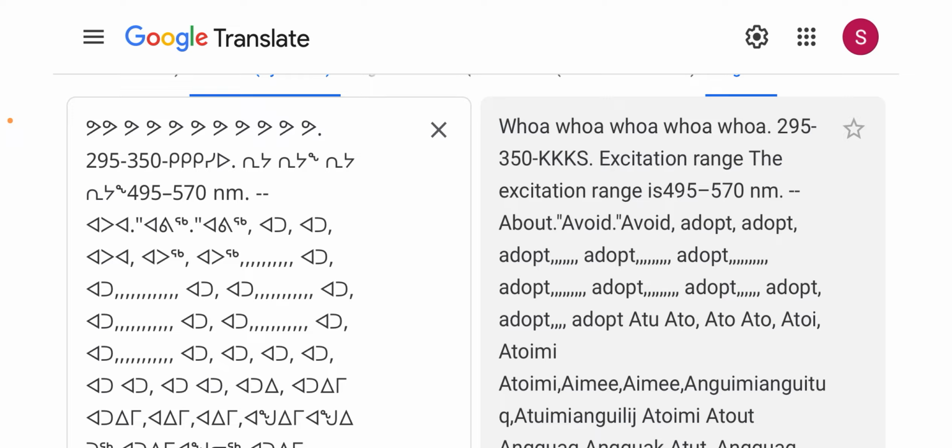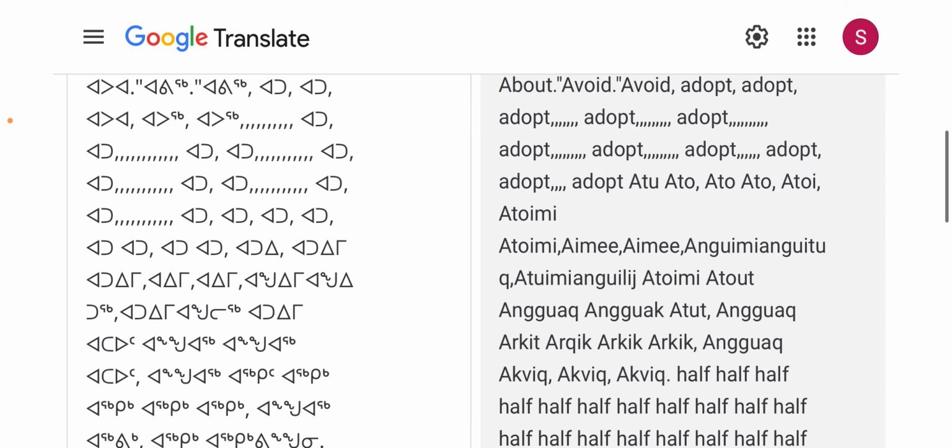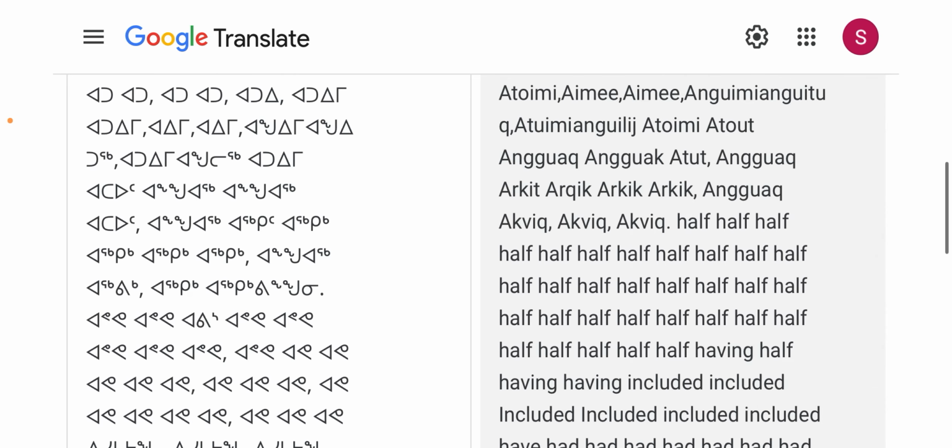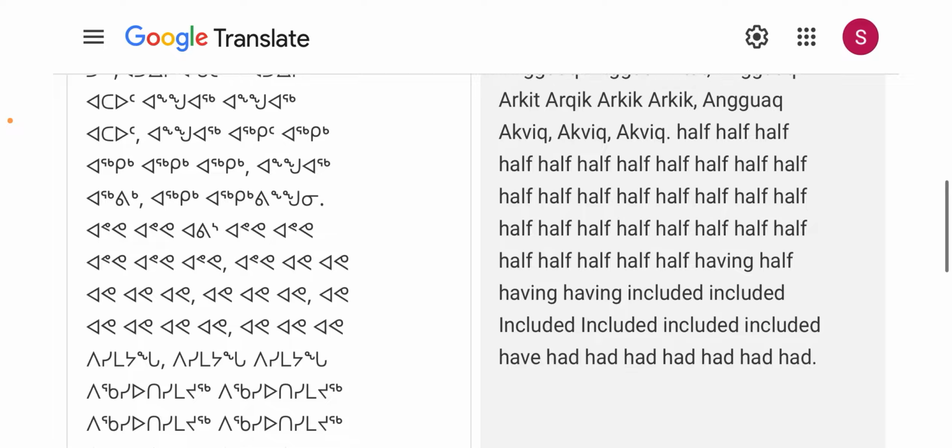Atoimi. Amy. Angwamiangituk. Atwimiangilish atoimi ataut ongwak atut. Ongwak arki. This doesn't sound like English. Ongwak akvik. half half half half half half half half half half half half now this sounds like half English. half half half half half half half half half half half half half half half half half having included